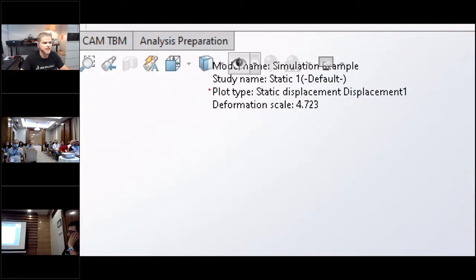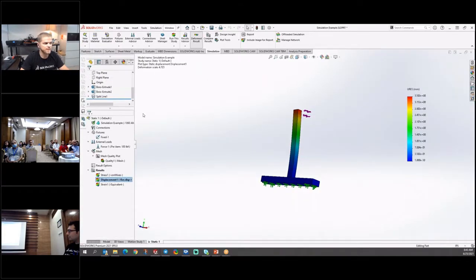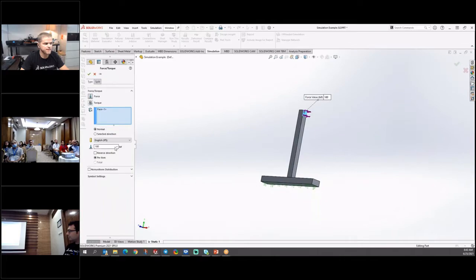And the answer in this case is something called, and I'll zoom in so we can see it here, deformation scale. Deformation scale is SolidWorks basically scaling up the motion so you can see it, because in a lot of cases, deformation is so small, it's so tiny that it would be very difficult to even see it moving. So in this case, SolidWorks is scaling it up by almost 5 times so we can see it on screen. And what we didn't notice is this number was actually changing between those two values. So here it's scaling it up by about 4.7, right? So I'll hit green check and confirm that.